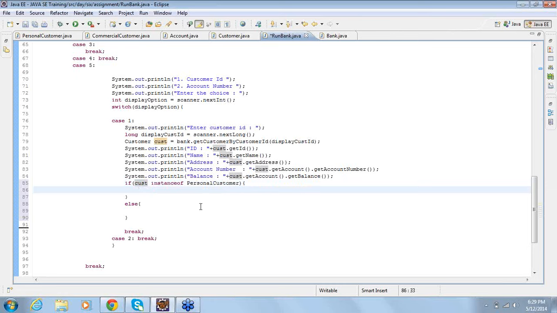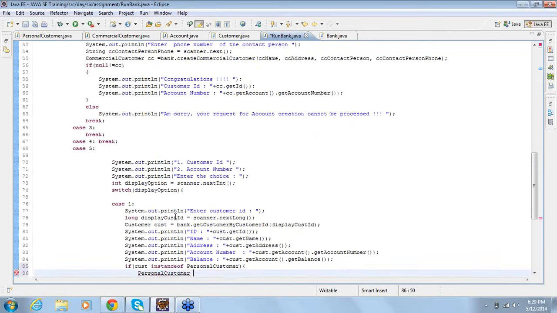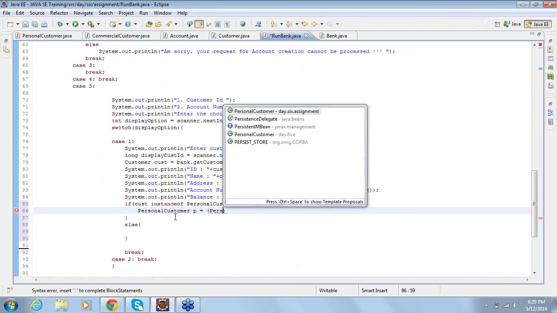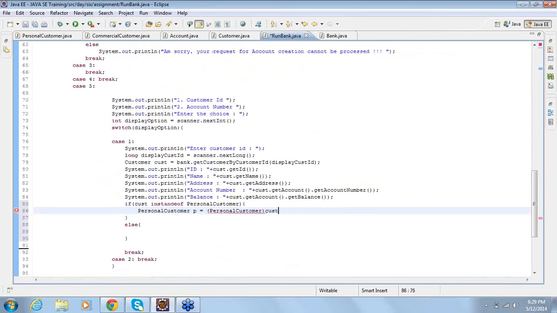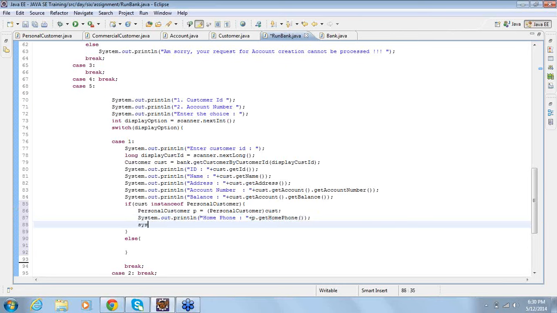If it is of type personal customer, you need to typecast it back. I think I already made use of the PC. Alright. Then I'm going to print the home phone, get the home phone.